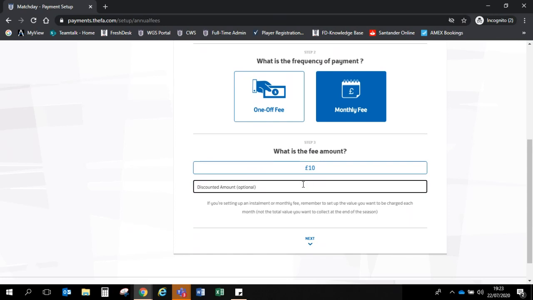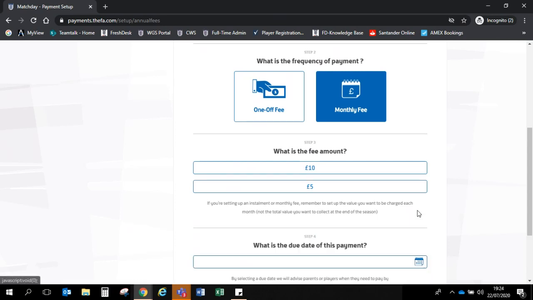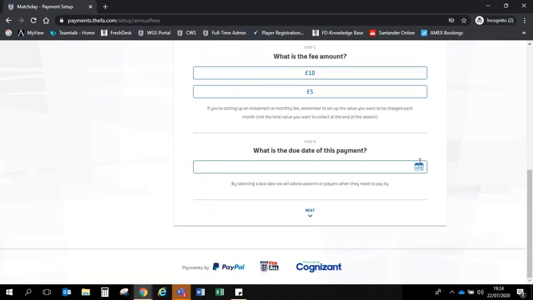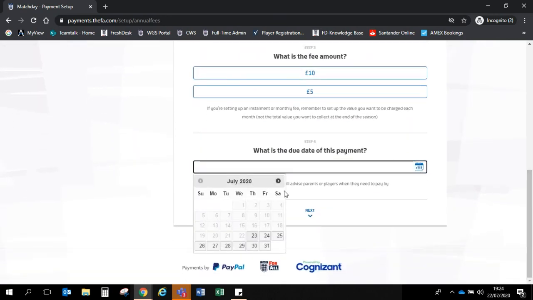Again, you get the option of offering a discounted amount. Let's just say as a club that if they've got a sibling already playing in the club, you might want to charge just half price, so we can put in a discounted amount there if you want. Click on next. Due date for the payment, so when do you want the first payment to come out? Okay, just say we're starting